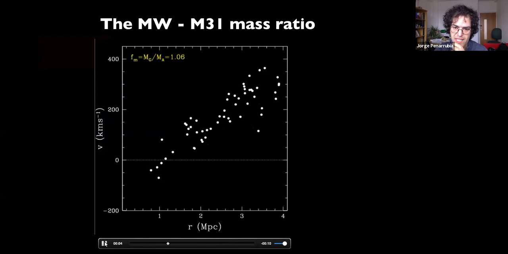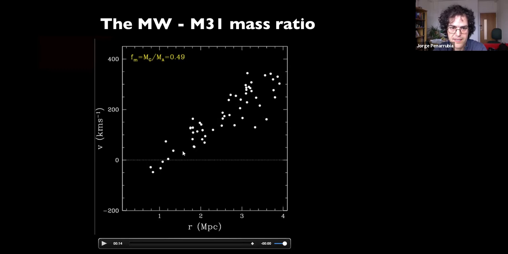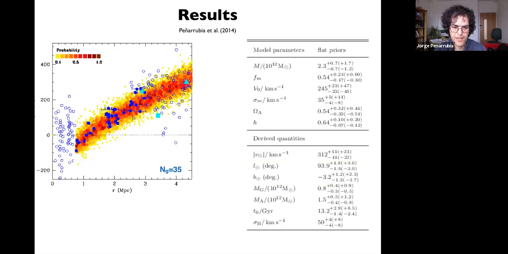So the argument here is that the Hubble flow should be as cold as possible, and if you find hotter Hubble flows, it's because you are not choosing the right mass ratio. So we can fit all these quantities simultaneously: the mass of the local group, the mass ratio between the two galaxies, V naught, the circular velocity of the sun. And then I even allow omega lambda and the Hubble constant to be free parameters, so completely flat priors on all these quantities. And what I found is that it's a really nice fit, and there are no outliers